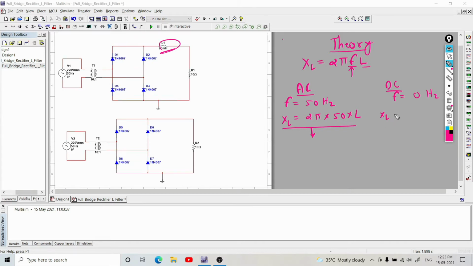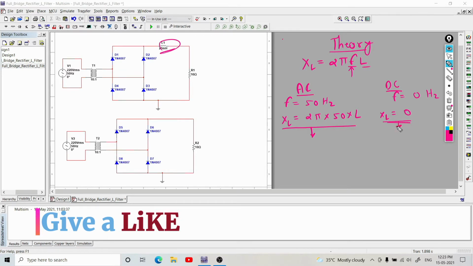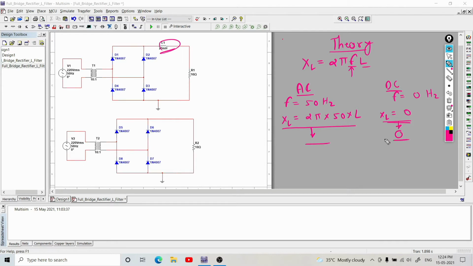So XL will be 2 pi FL. When frequency is 0, XL becomes 0. So the inductive reactance offered to the DC is 0 and for AC there is some finite value, which is larger than the inductive reactance offered to the DC.